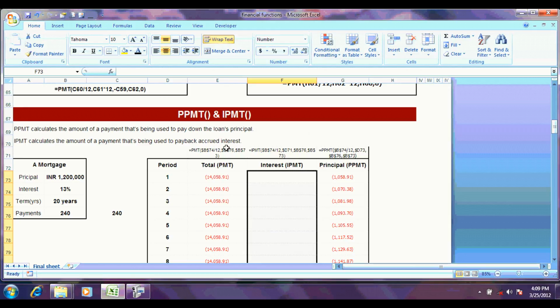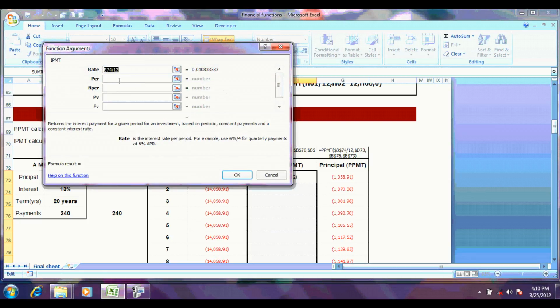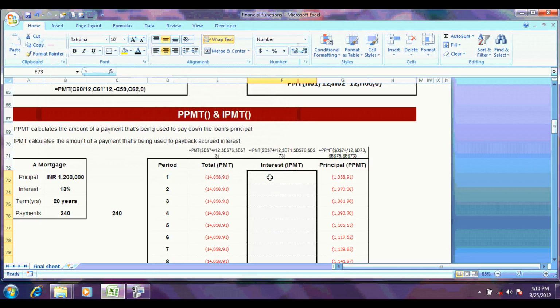So for interest, equal to IPMT as a formula for interest payments, rate is 13 divided by 12, period, for the first period or for the first month. PER means the period for which you want to find out the interest, and must be in the range of 1 to NPER. NPER is the total periods. So it will be equal to IPMT,